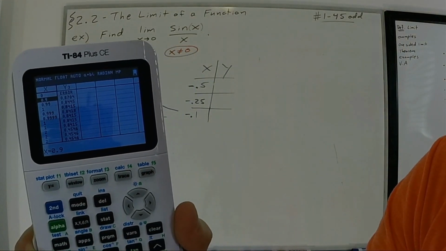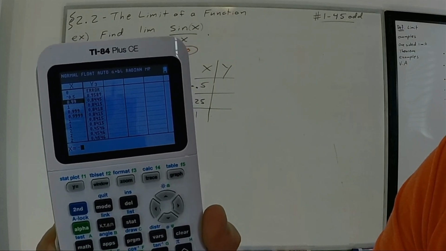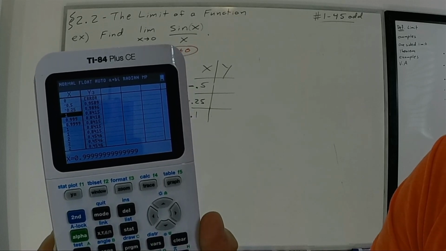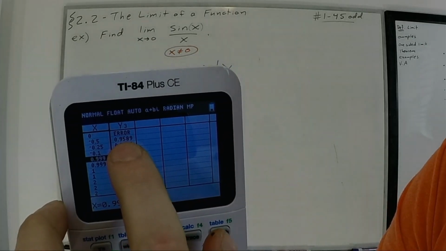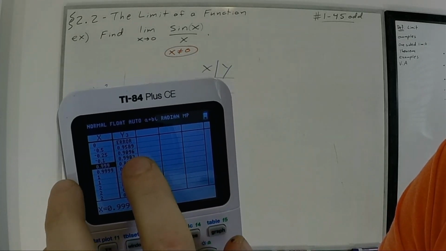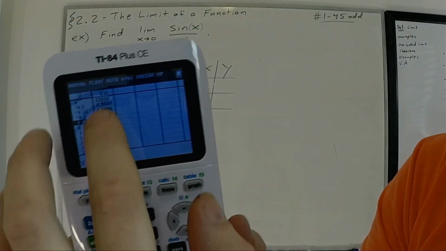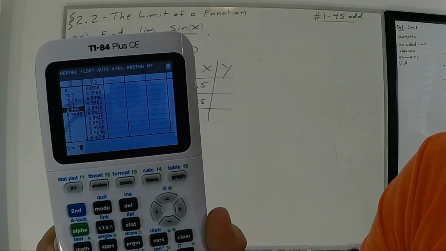And I'm going to plug those values in. Negative 0.5 and hit enter. Negative 0.25, I'm getting closer to 0, enter. Negative 0.1, enter. Notice how those values are 0.95 something, 0.98 something, 0.99 something. Eventually, as I get closer and closer to 0, it's going to start giving me an error. Like if I did negative